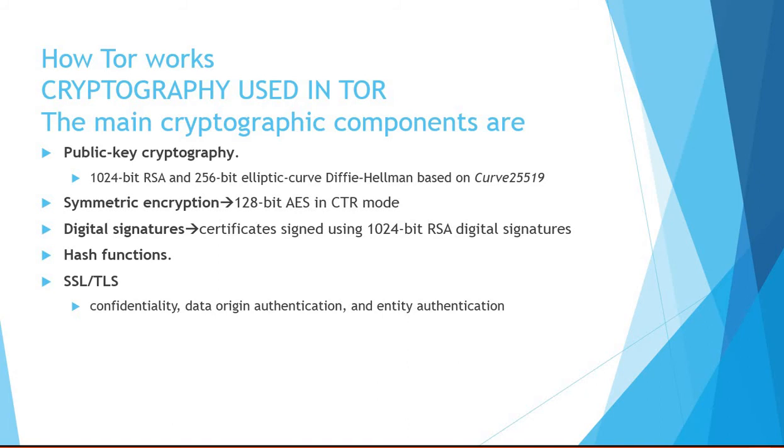They use 1024-bit RSA and 256-bit elliptic curve Diffie-Hellman based on Curve25519. So that is the algorithm they use. The key length is very long, so breaking it is hard, because they use the public key to transfer the session key. Those session keys only will be used for